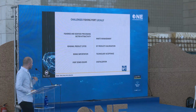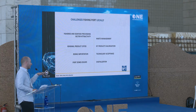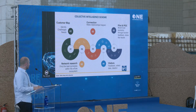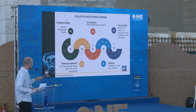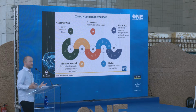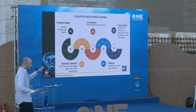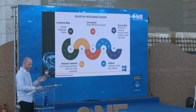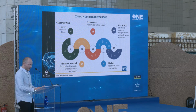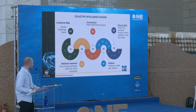So after checking all the challenges that we are facing in Boulogne-Sur-Mer and on the Opal coast in France, here you can see how we, the Blue Living Lab, are working in order to address the problematics, the challenges that are met from our customers and partners. So basically, by working on the open innovation model, we come to tackle what is done today when it comes